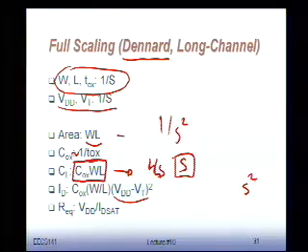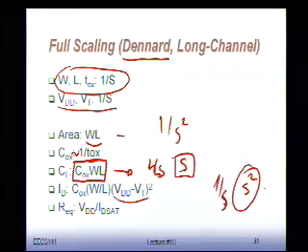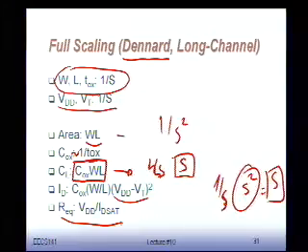Let me just think about this for a second. W over L cancel out. What it says is that in this particular case, this goes down and this goes up, so you get 1 over S times S squared, so you basically get S. What it says is that my saturation current scales down linearly from generation to generation. Okay? So if I put it all together, I can also compute R equivalent, which is VDD over ID sat,